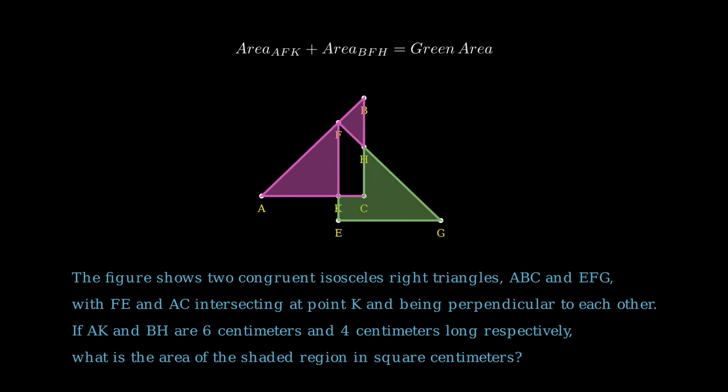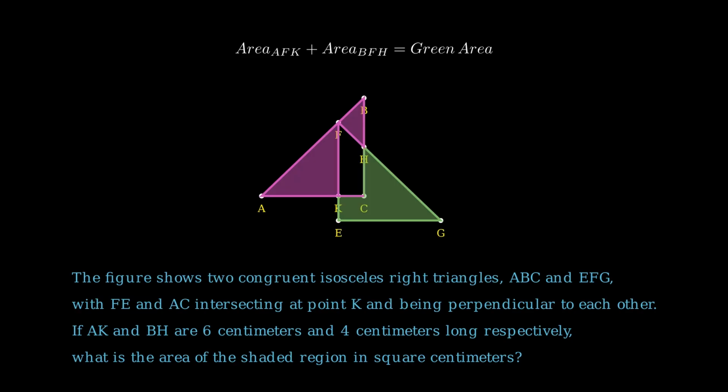First, let's use the Pythagorean theorem. We know that the side opposite the right angle has a length of 4 cm. We can use the formula, which in our case is the square of FH plus the square of FB equals the square of BH. We know that the square of 4 equals 16. It means that the square of FB plus the square of FH equals 16,